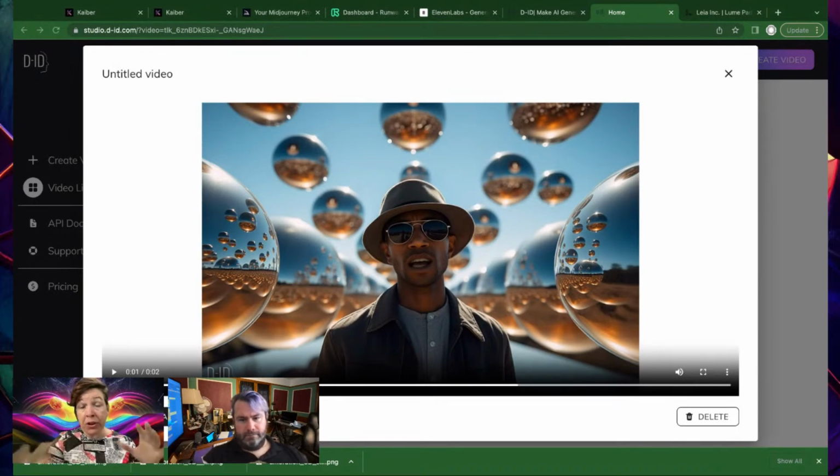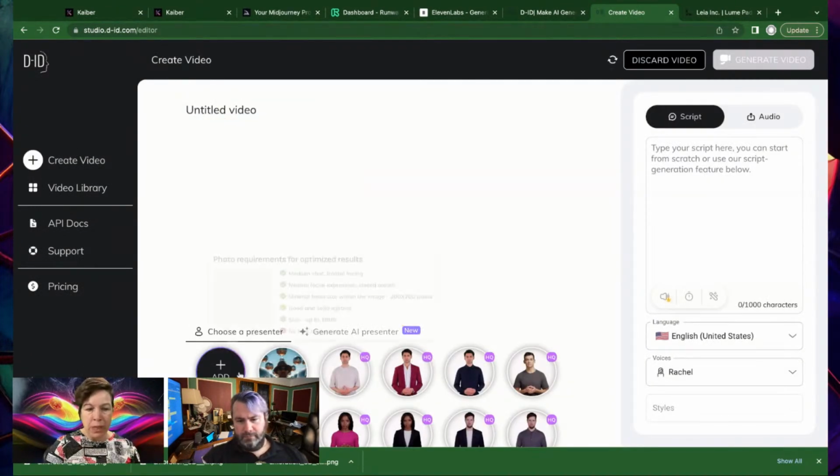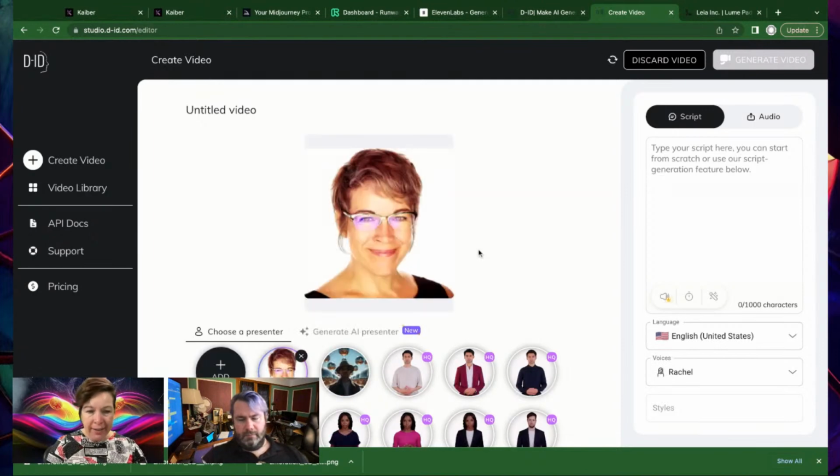I have found that if you're trying to do a video of a single character speaking, I've got a dog here with me. Speaking of dogs and speaking, we might hear this one coming. This is DID again, and I'm just going to show you very quickly. So this is a single character, but basically by using this tool, I can add an existing presenter. So I can make this be me, just add my headshot, and then I can give myself a script, and